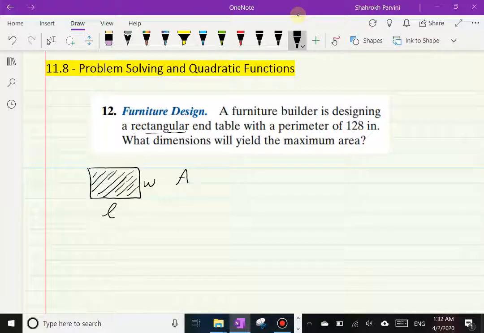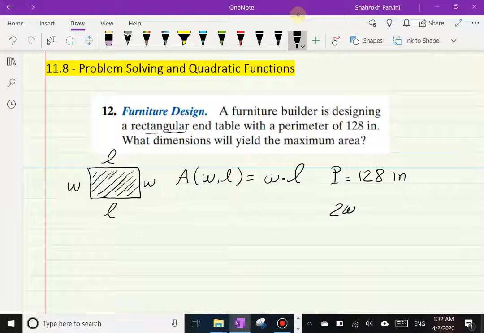So right now, the area as a function of W and L is going to be width times length. We're told the perimeter P of this table is going to be 128 inches. Now remember, the perimeter of a rectangle is going to be the sum of all sides. So that means 2W plus 2L equals 128. I can divide both sides by 2 to just bring the numbers down a bit, and that's going to be